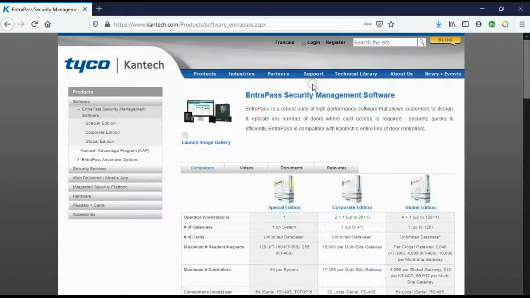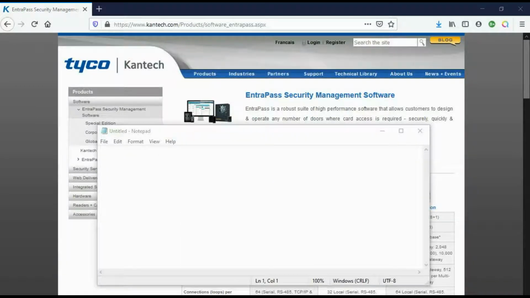Why use Global Edition? In what situation might we need to use Entrapass Global Edition? Let's proceed. We can set different categories. For example, we'll start with what they call the database